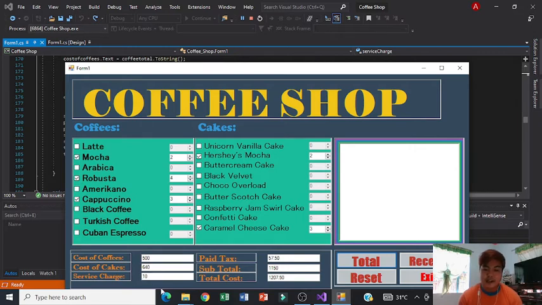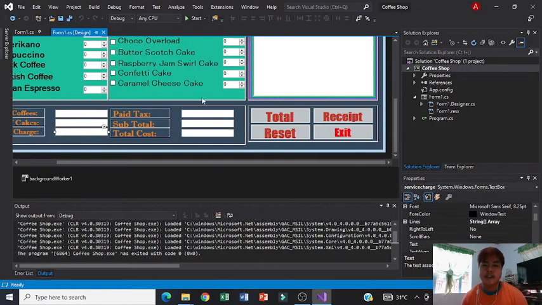Just like what I said earlier, the service charge is 10. The paid tax is 57.50. The subtotal is 1,150, and the total cost of your order is 1,207.50. Since you know already that this total button here is working, now let's move on to this button